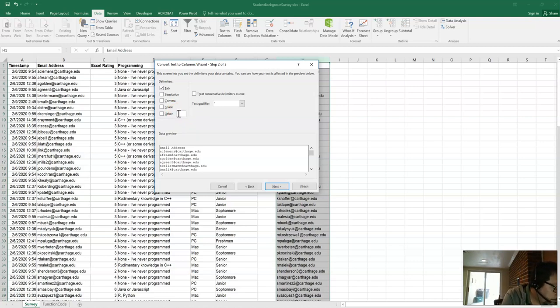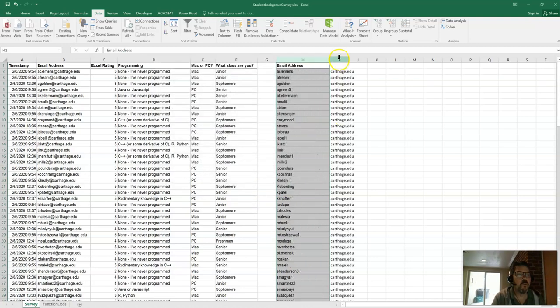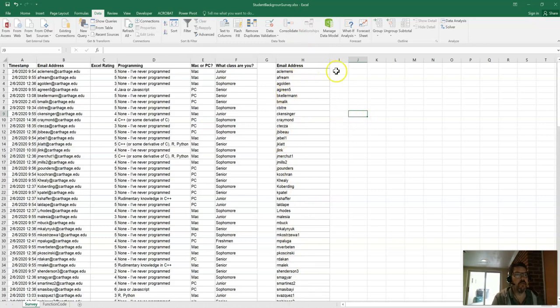Where'd my keyboard go? Use the ampersand. So I just got rid of the at carthage.edu. But I want to get last names, and these are all different lengths. So I need to get most of this. I need to get everything from the right except